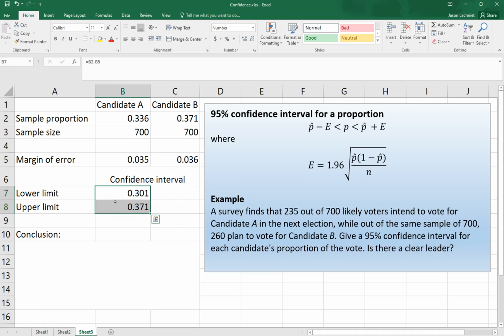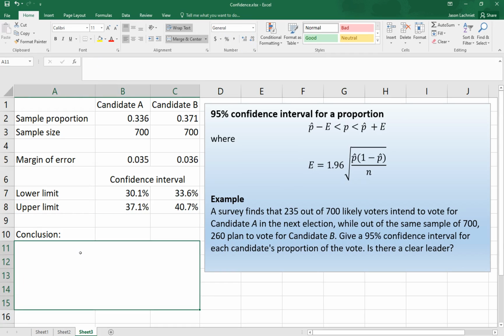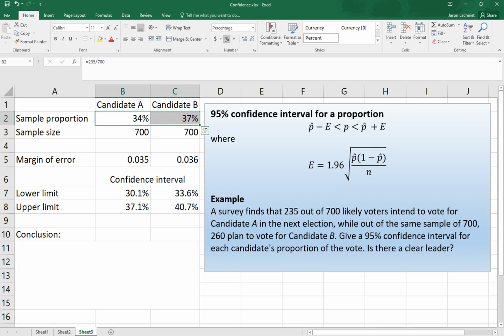Now for candidate B, I'm going to copy those formulas and paste them over here into the neighboring cells, and we get the corresponding confidence interval for candidate B, 0.336 to 0.407, or 33.6% to 40.7%. I'm going to go ahead and set these to display our final answers in percent format. What we can see is that while candidate A seems to be doing worse than candidate B, a difference of around 3 percentage points, or 2.5 percentage points,